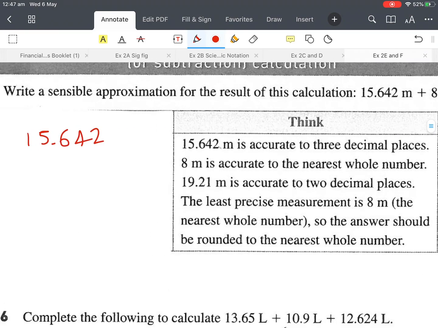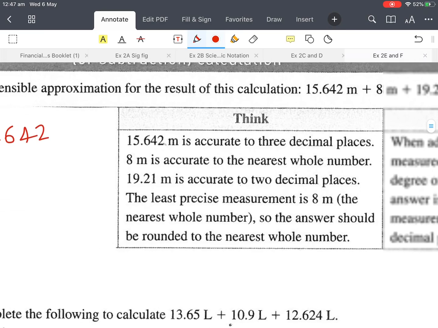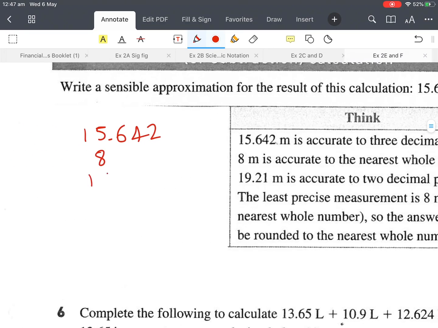15.642 and 8 and 19.21. Remember, line up your dots, or better still, use your calculator, miss. 15.642 plus 8 plus 19.21 gives me